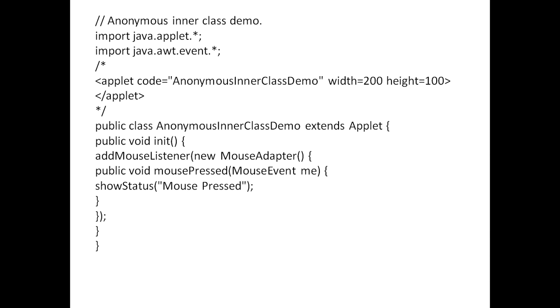This is what today's video on applets was about, how to make use of them. In the next class we'll see how we can make use of Swing classes to create applets.